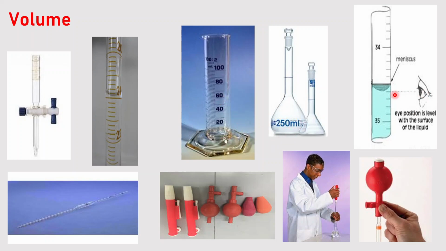How can you understand this? If you see the liquid in this style, this is called the lower meniscus and this one is called the upper meniscus. So when you are measuring any liquid, your eye position should be on the lower meniscus. You will note down the lower meniscus reading. Okay, clear?